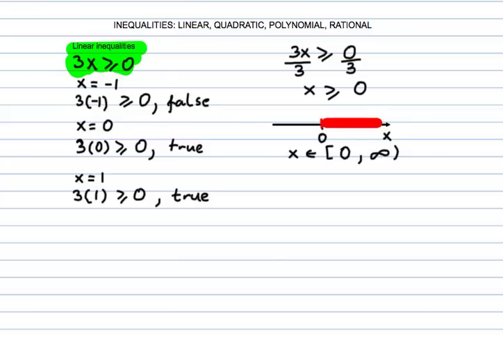So by inspection, for example, if we select x is equal to -1 and plug it back into this inequality, you will see that 3 times -1 is -3, and this is definitely not greater or even equal to 0, a false statement. However, if you choose x is equal to 0, all of a sudden you're able to balance